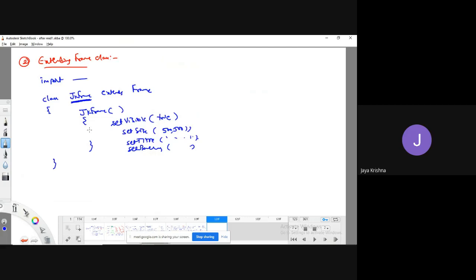So I can instantiate from another class easily, for example with public static void main(String[] args). I can instantiate new JKFrame. That's it. With the help of this statement, automatically the constructor will be executed. Am I right or not? Yes. What is the purpose of a constructor? While creating the object, all this is going to execute. So automatically the frame will be created. So this is another way to create a frame component.